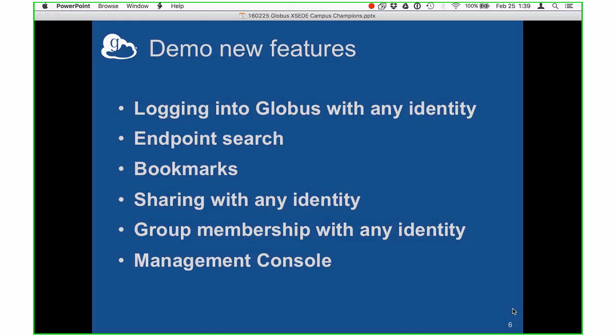I'm going to be showing you logging in with Globus with any identity. So what I'm going to show is using just my University of Chicago login to get into Globus and use things. We've got some new capabilities around endpoint descriptions and endpoint search, just to make it much easier for users to find their data, find the endpoints out there. Bookmarking, so I can bookmark favorite endpoints and directories and stuff like that. I'll show some of the sharing capabilities with the new identity capabilities that we've got, group memberships, and then